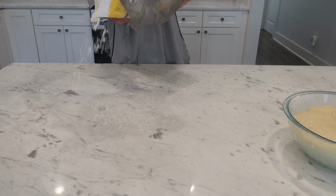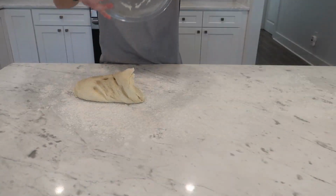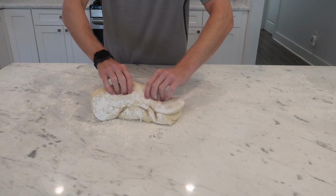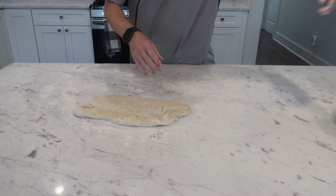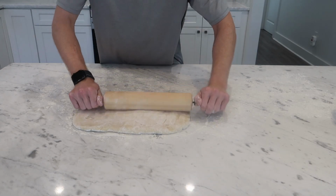And once my dough is risen, I'm going to lightly flour a clean work surface, and please clean your countertops before you do this. Just dump your dough ball onto the countertop and get flour on both sides so it doesn't stick. Really make sure you get flour underneath it because you don't want it to stick to your counter after you roll it, which we're going to use a floured rolling pin